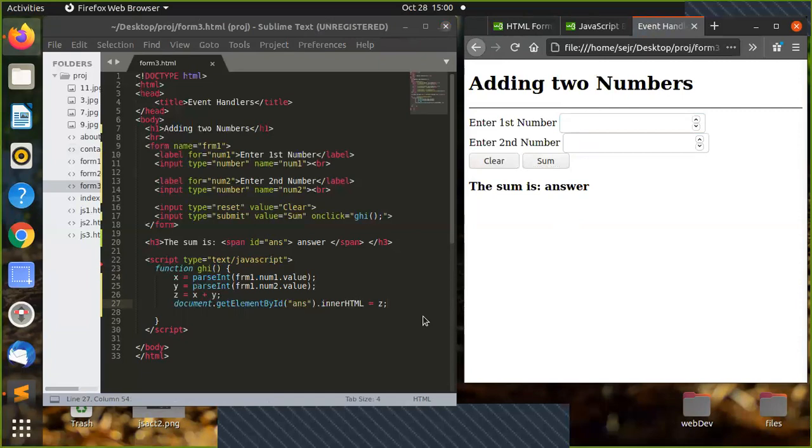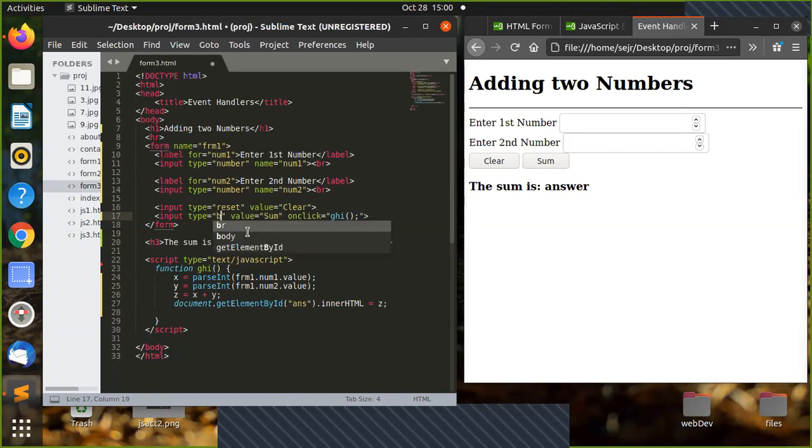24. Okay, now the command is on submit. That is why you didn't see the answer, because it reloads so fast. So instead of using submit, we're going to use button, so the HTML will not submit the form. Here, we just use button in place of submit. So there will be no reload. Instead we use onclick. So I'm going to save,